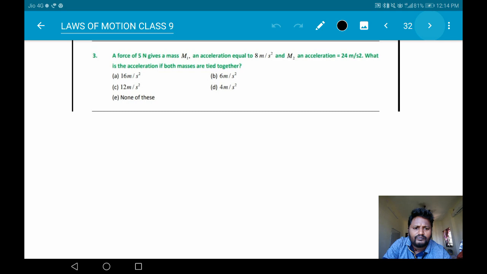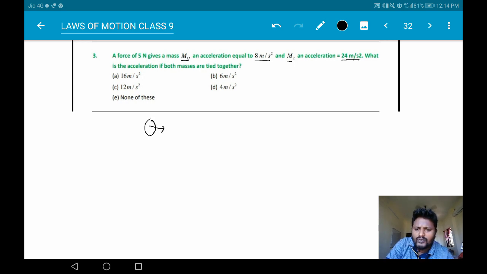Right, next one. A force of 5 Newton gives a mass m1 an acceleration of 8 meter per second square and m2 an acceleration of 24 meter per second square. What is the acceleration if both masses are tied together? Okay, the bodies,